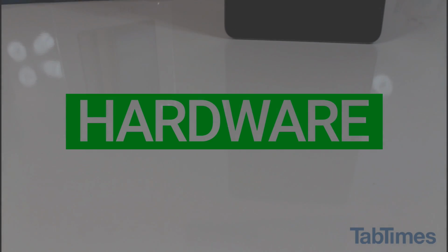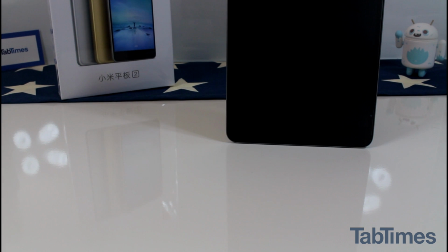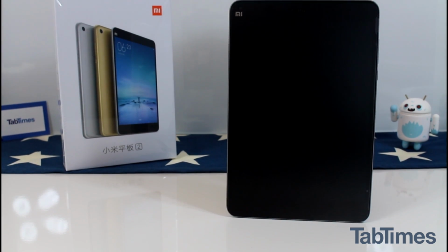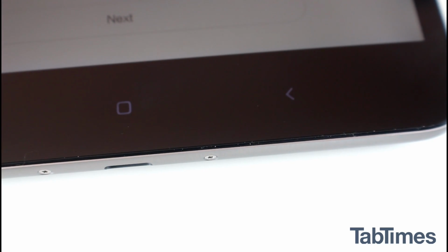The full metal back includes the adequate holes to support your normal 3.5mm headphone jack and the new USB Type-C charging and data cable. The front glass goes edge to edge, and there are capacitive off-screen navigation buttons in the lower bezel area. Inside the MiPad 2 is an Intel processor, the Atom